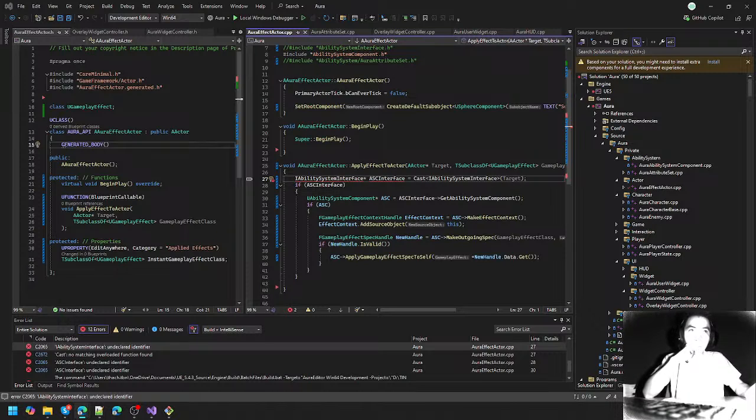What I'd like to call this is apply effect to target, and it's going to take an AActor as a target. We'll call it target, and it'll also take a TSubclassOf gameplay effect. I'm going to do the target actor, I ability system interface, and then we take that other actor's interface, and if this cast succeeds, then